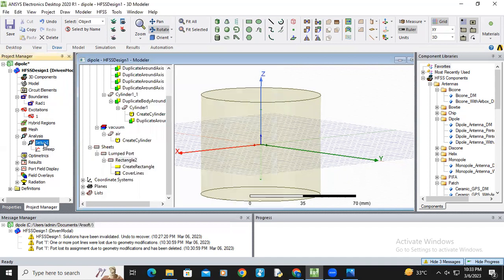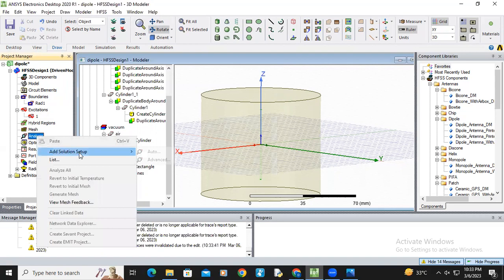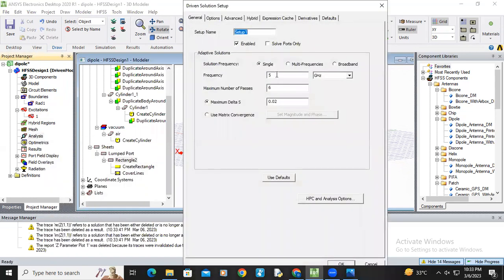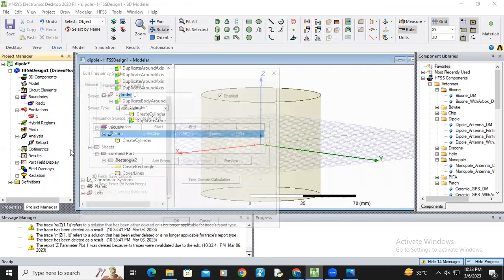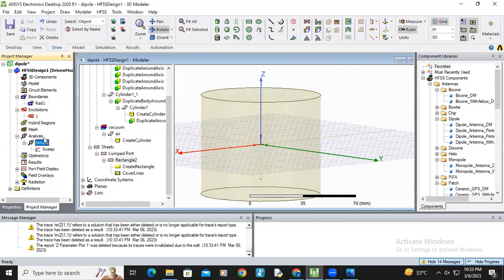Take setup one and see. I am deleting it. Just right click, add solution setup, advanced, and give 2.99 gigahertz, and the number of passes I am taking is 17, and just click OK. And I am giving 1.4 to 4.485 gigahertz. Just click OK. Automatically the solution setup will be created. And next you